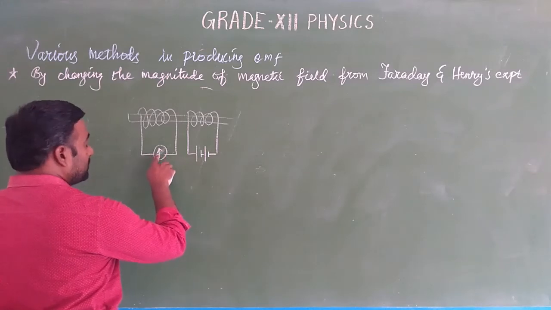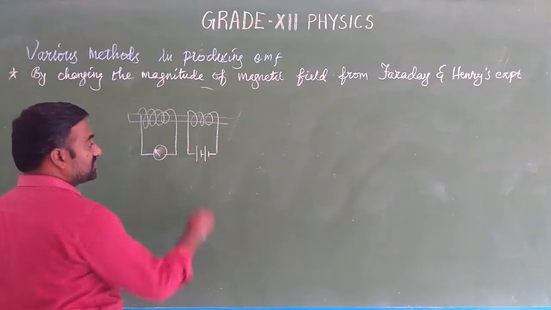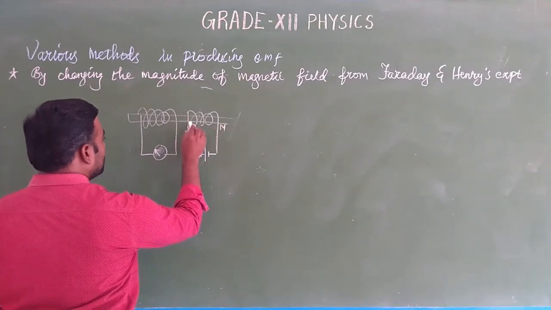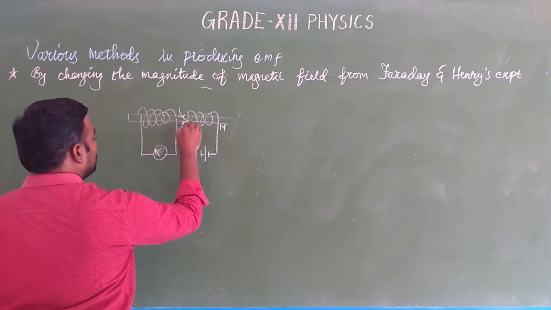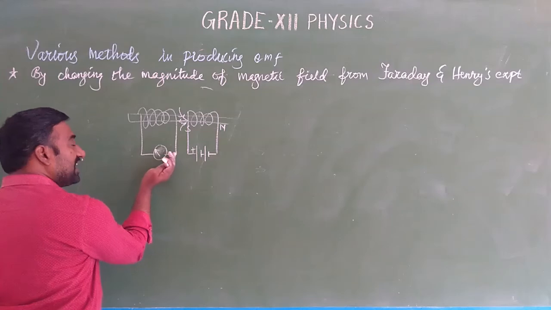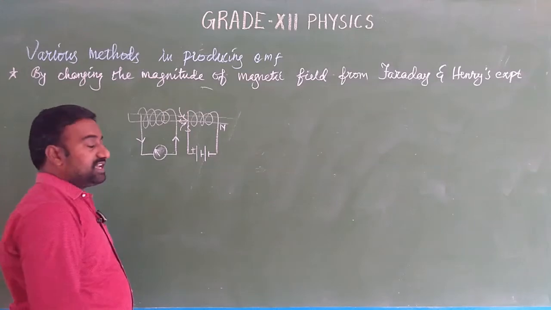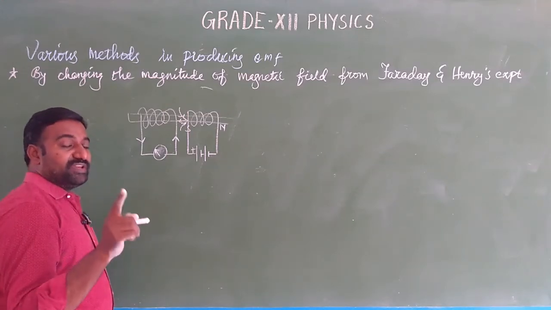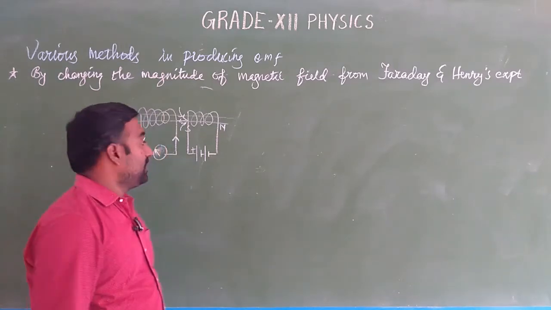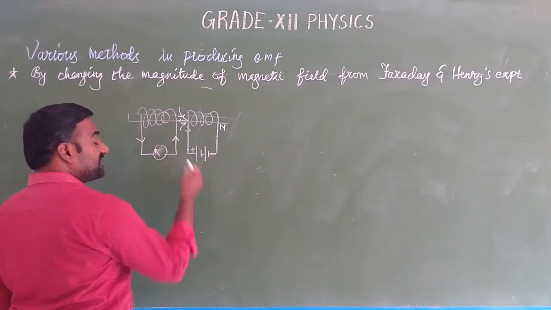The galvanometer deflected towards which side? Left side, because this side, positive, becomes the south pole, and this, negative, is the north pole. So the south pole field lines are approaching, which means an attractive force. Due to the attractive force, the EMF is induced in this direction. So the galvanometer deflection is opposite to the direction of the induced EMF. Note it, it's a very important thing: the direction of the current is always opposite to the direction of the electrons. If you reverse the terminals, the deflection is also reversed.